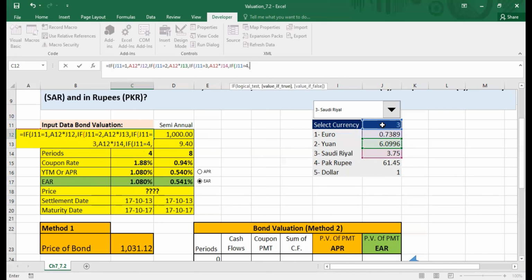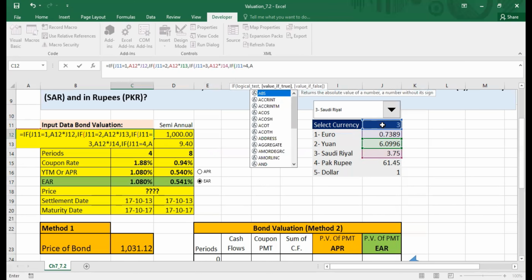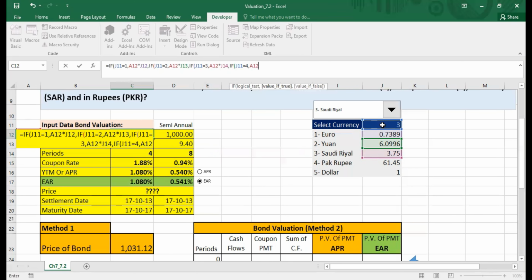Then A12, which is our par value, A12 times the exchange rate of currency number 4. Otherwise, simply multiply the par value, which is A12, times the dollar exchange rate, and then close the parenthesis.